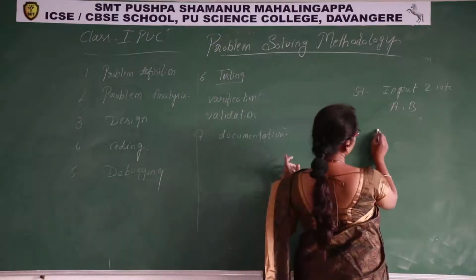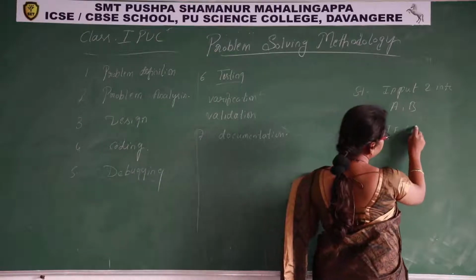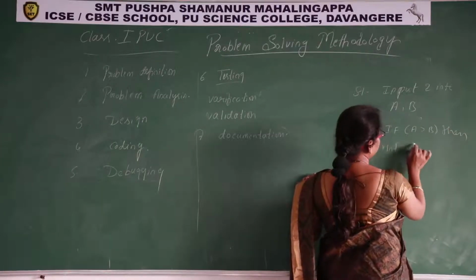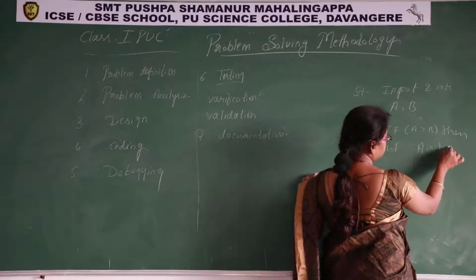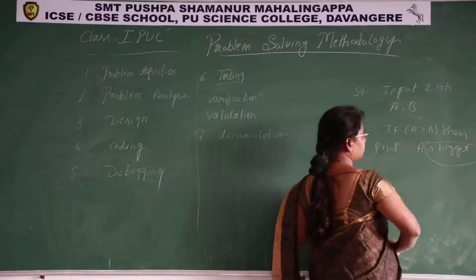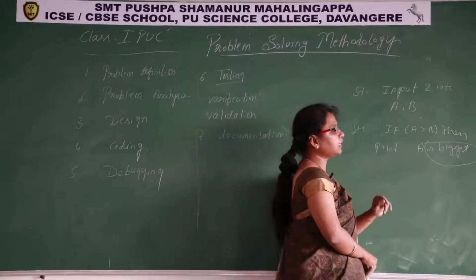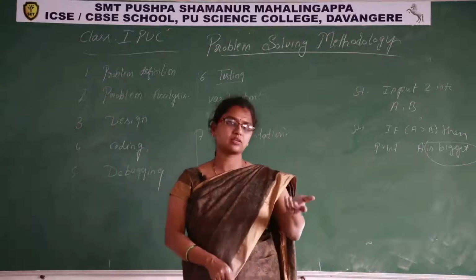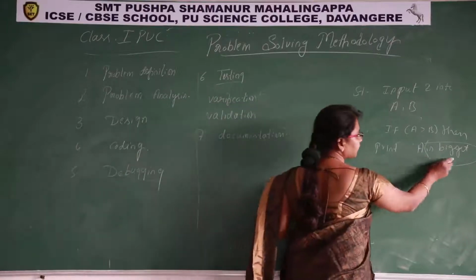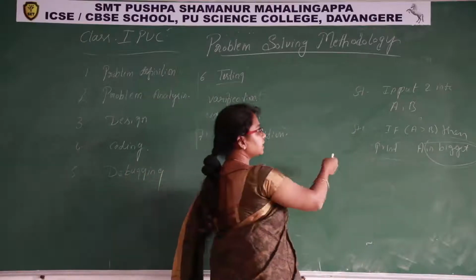And while printing also, step 2: if A greater than B, then print "A is biggest". If I miss this statement, I want to display the biggest value of these two. So if I display only A, what does it mean? What am I trying to display, in what meaning am I going to display? So that should be written here: is biggest. So it will be displayed on the output screen, and it is concerned with the